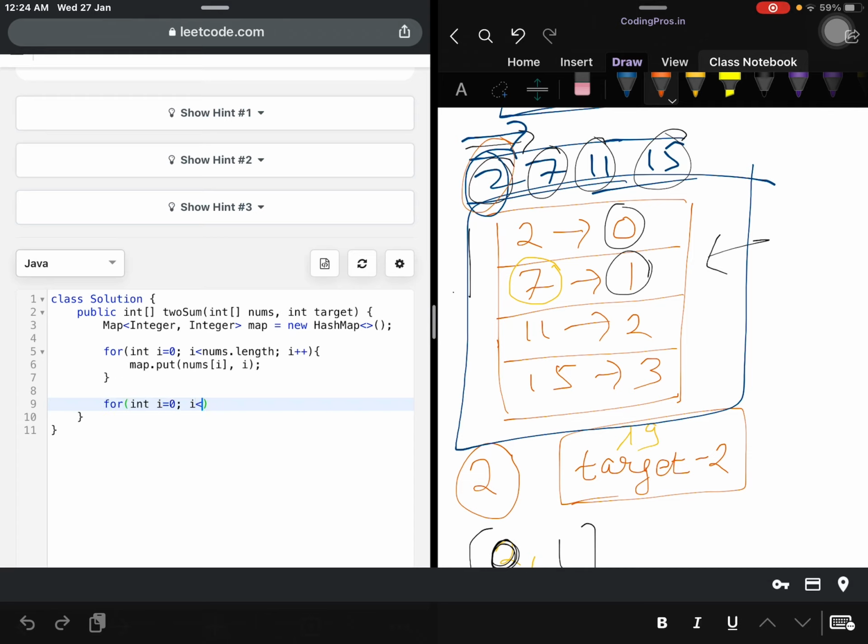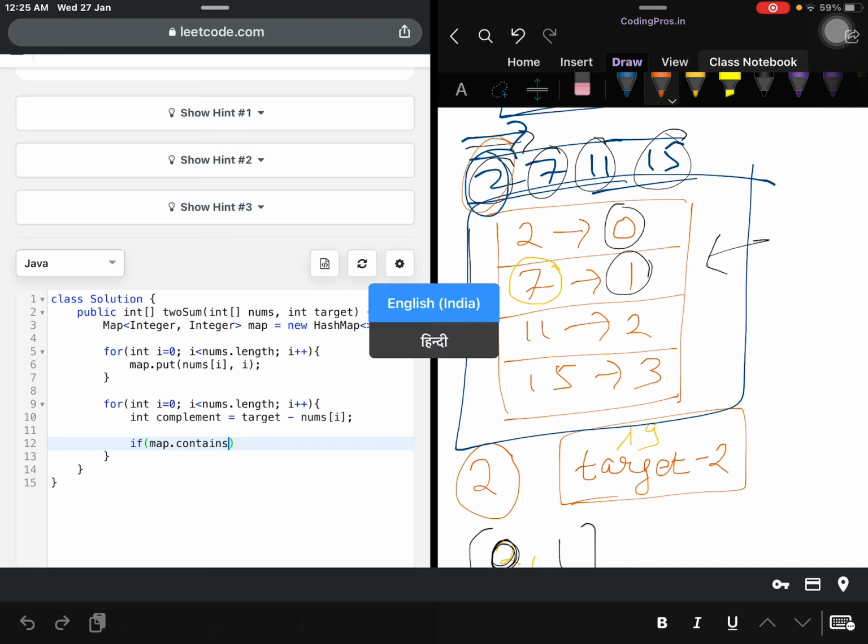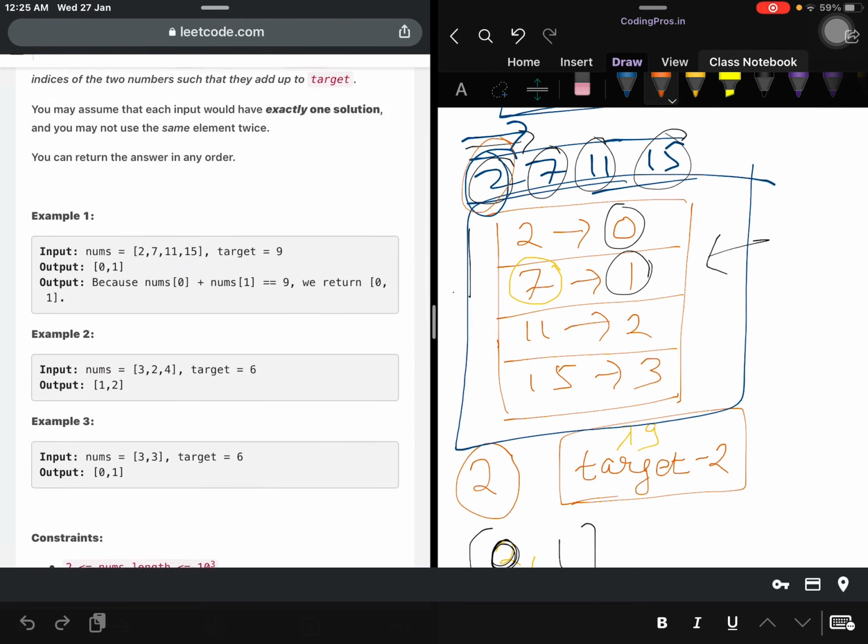So I'm going to say i equal to 0, i is then nums.length, i++. I'm going to say, hey, my complement is nothing but target minus nums of i, right? This is going to be my complement, and I'm going to check if my map contains this complement,